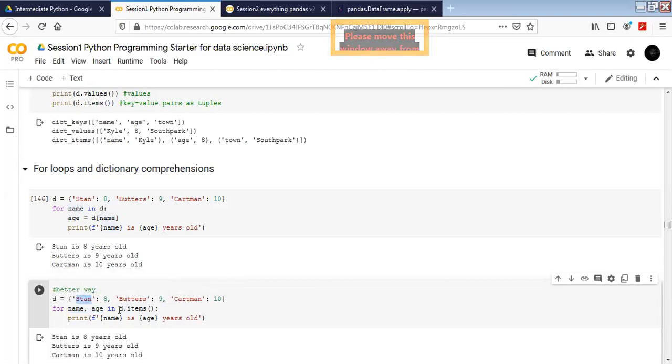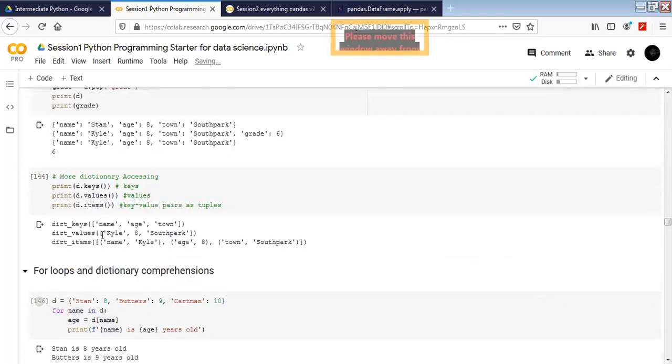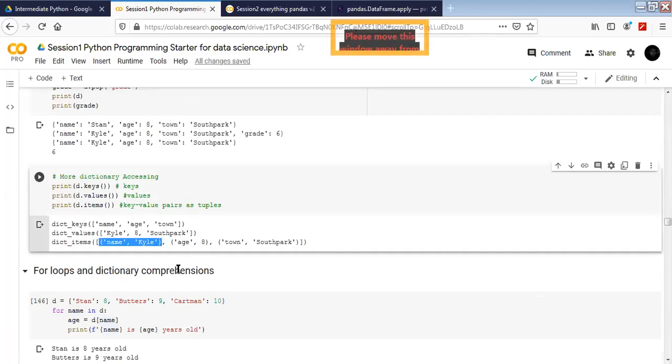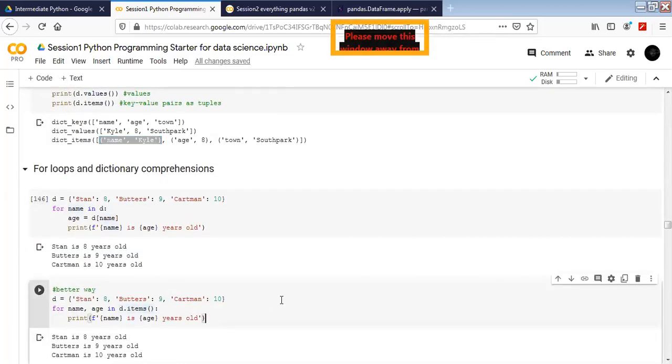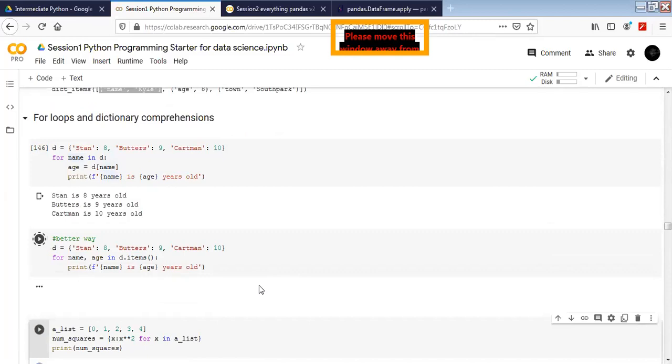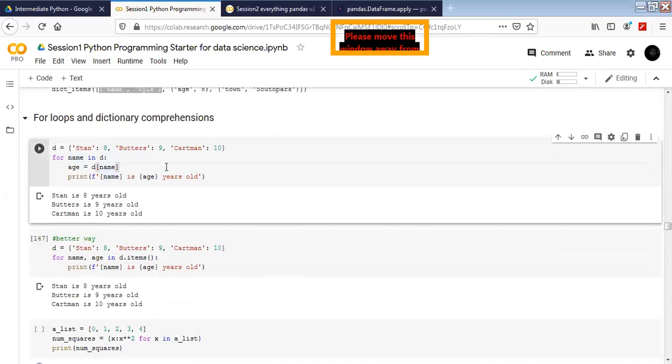This is exactly like how we use enumerate and zip. With items we get this kind of pair, and we loop through the pair, which is a better version of what we did in the above for loop.